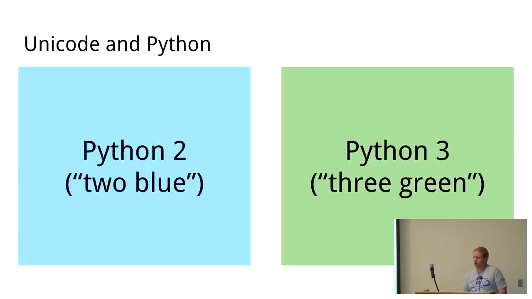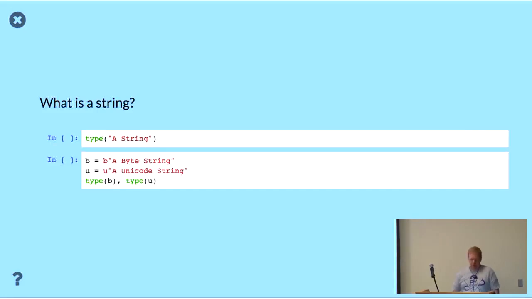I'm going to show some code. All of the slides that are blue are Python 2, and all of the slides that are green are Python 3. I tried to make it a little alliterative, so it's easy to remember. So in Python 2,